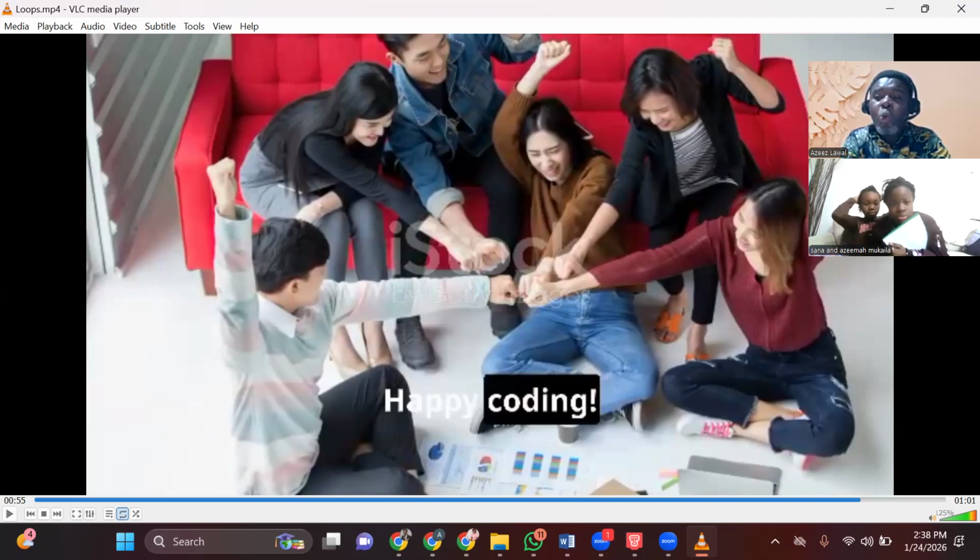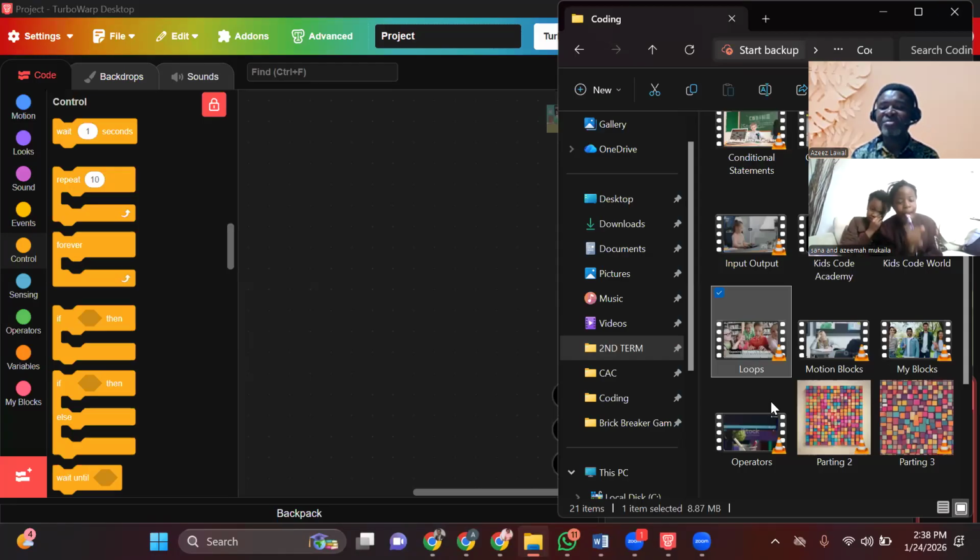So which one is used for creating an endless game? A game that never ends. Which of the 3 loops? Forever loop. Correct. So which one do you use if you want to specify how many times it should repeat? The repeat loop. So which one do you use to repeat until something happens? Repeat until loops. Correct. That's my girl. Thank you, Sana and Azima. Now let's move on to